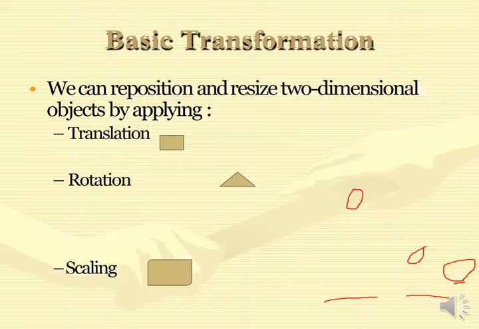Whenever I am talking about translation, rotation and scaling, you have to understand that I am talking about rigid transformation, but it doesn't necessarily mean that non-rigid transformation will not include these three. Actually, the concept is that rigid transformation does not change the shape of the object, but in non-rigid transformation it may get changed. It is not necessary that it will get changed, but it may.